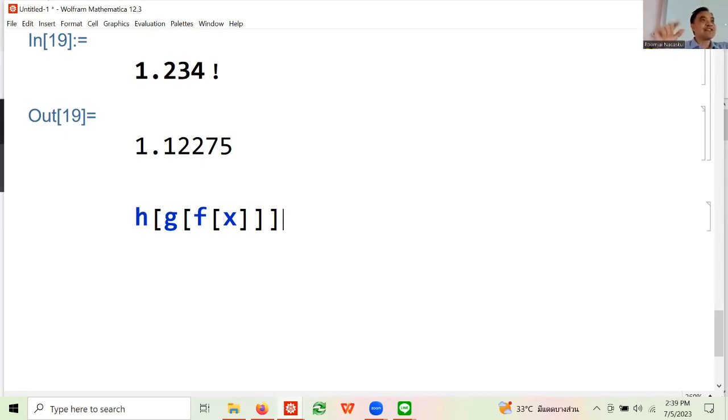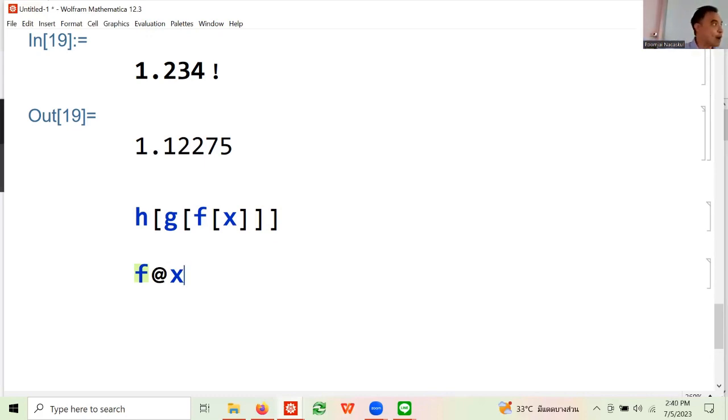Instead of function, open bracket, close bracket, if the function is applied to only 1 variable, you can do this, f at x. Okay, it's a shorthand. So you can say apply f to x. This is called pre-applied notation. So that way you don't have to write another bracket at the end.